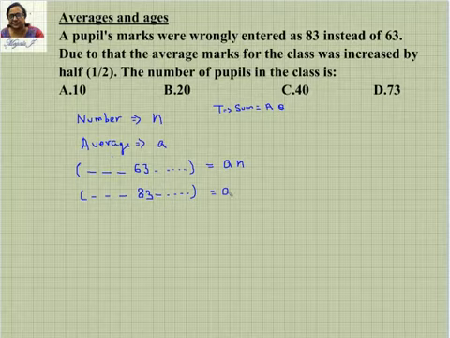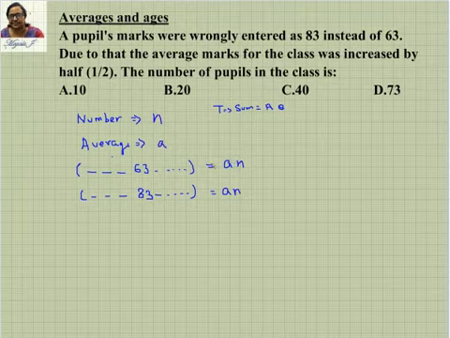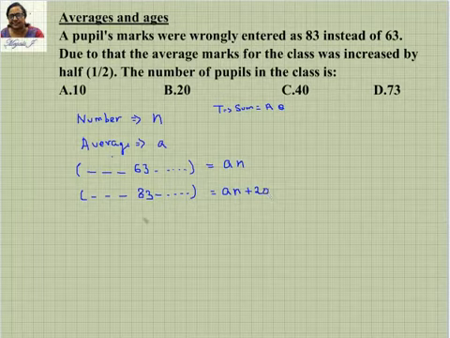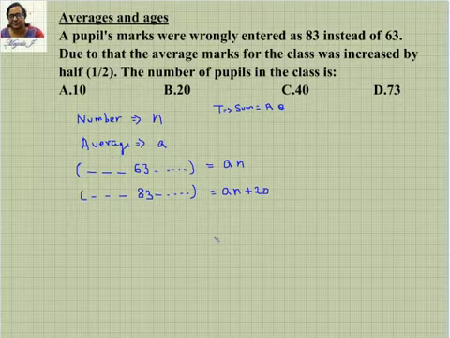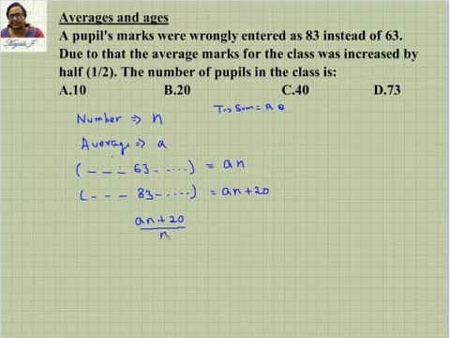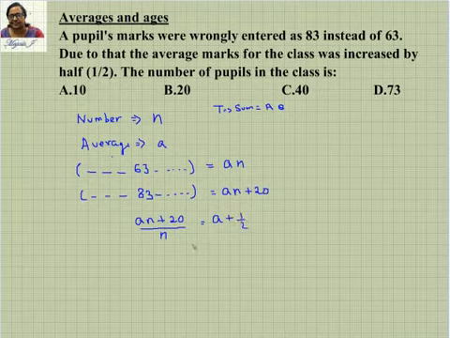So whatever average you had earlier, I'm sorry, not the average, the total, when you had 63, which is A into n, is now going to increase by another 20 because 20 more is added here. This is going to be the new total. It is also given that the average is increased by half. So how to find this average? You have the total, A n plus 20, divided by the same n, and this is going to be the new average, which is A plus 1 by 2. That's all. You have this equation, you can solve for it.